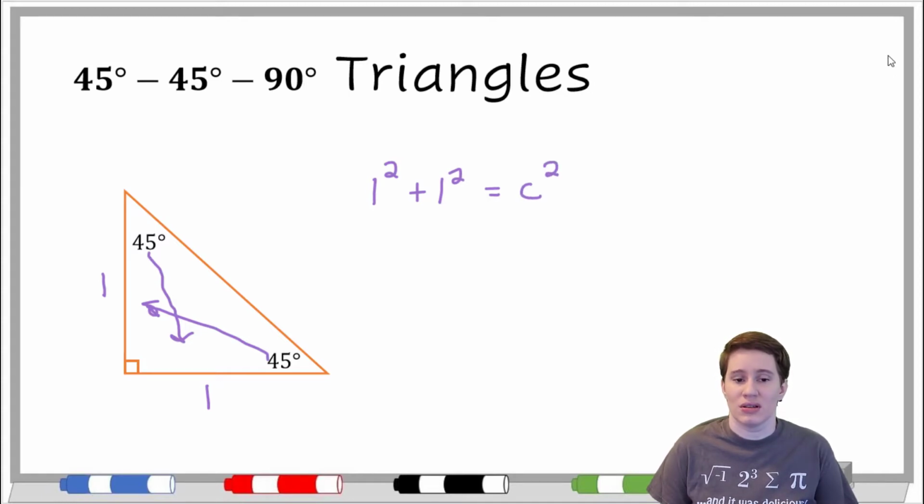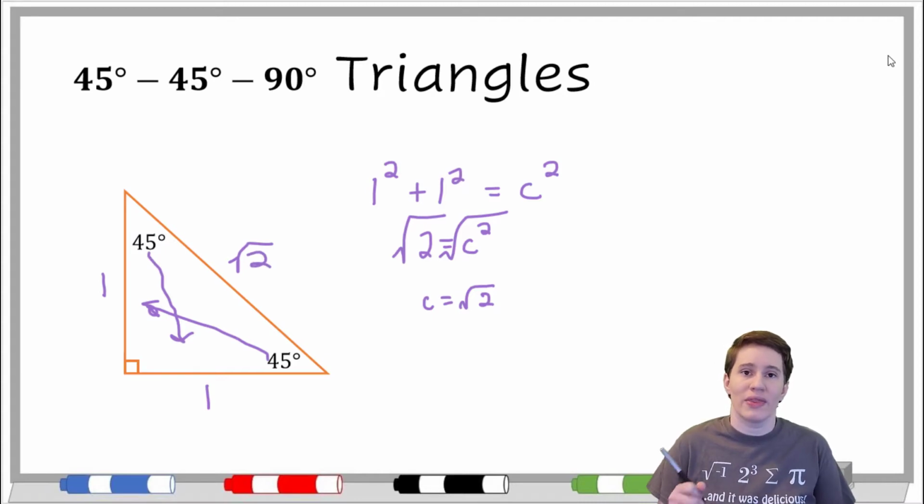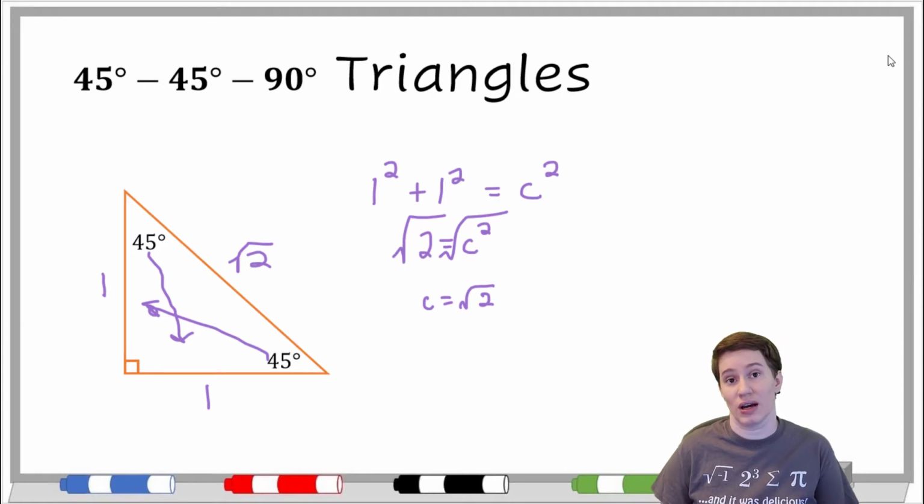Well, 1 squared is 1, so 1 plus 1 equals 2, so c squared is 2. To finish that off, we square root both sides. So our hypotenuse for this triangle is the square root of 2. So what that ends up meaning is that for any 45, 45, 90 triangle we have, if we know what